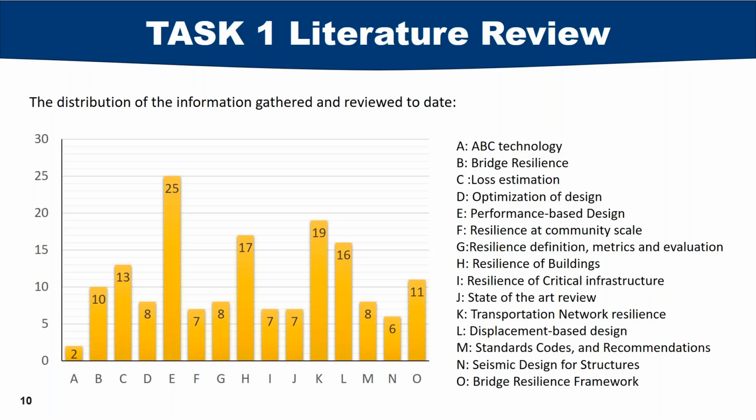But you can see that some areas have a lot of work that has been done already. Like if you look at category E, for example, which is performance-based design, there is a lot of resources out there. There are a lot of preliminary or non-mandated, I would say, frameworks that can be readily used now. Although none of the codes are mandating performance-based design yet, the comprehensive documents are out there. Again, let me stress on this: it's not only research papers that we are looking at here, but we are looking at existing design guidance and tools that have already been used by design firms or infrastructure owners.